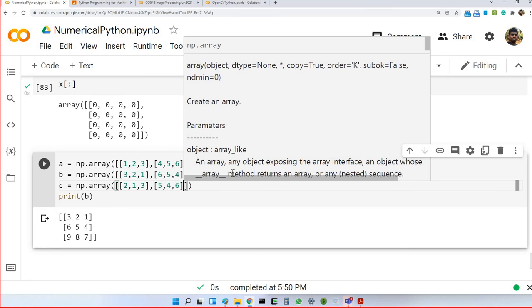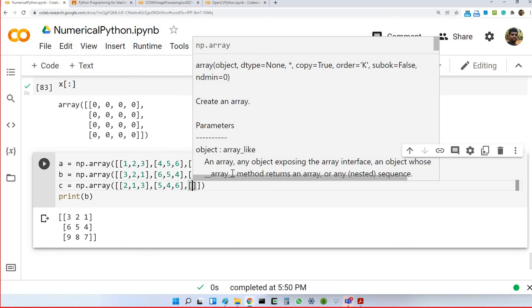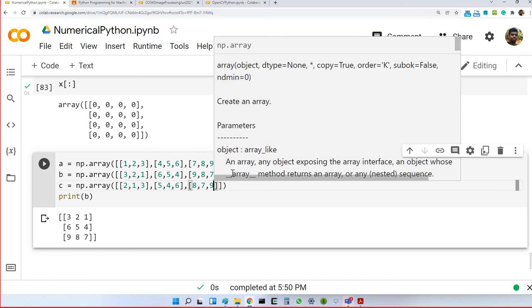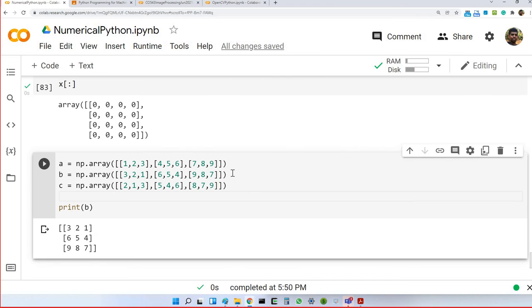This is a toy problem anyway. 8 comma 7 comma 9. So this is C, right? And D np dot array